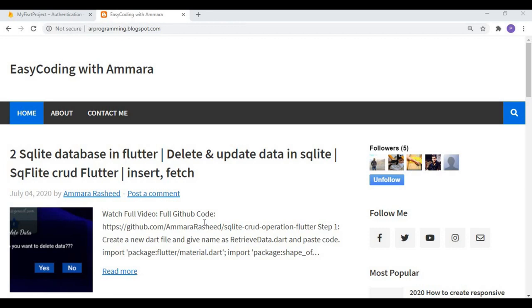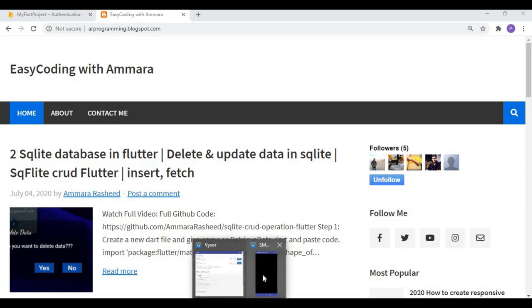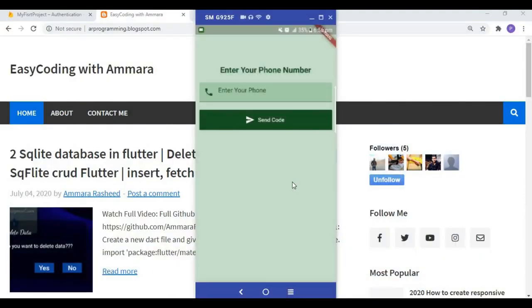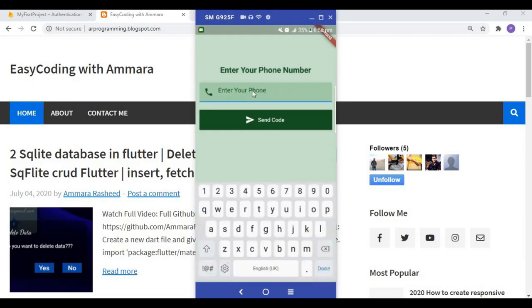So before starting, first of all I am going to show you the demo app. Let's open this app and you will see this type of layout, and I am going to write my phone number here. I write my number here, and now I am going to click this button, send code, and make sure your Wi-Fi is on. Okay, now I click on this send button again,